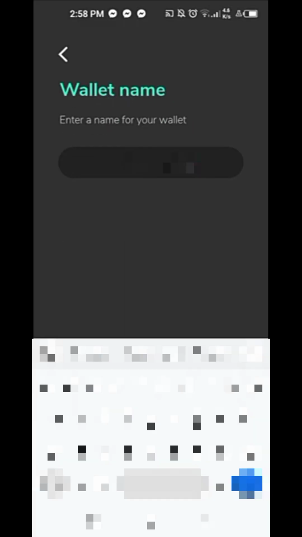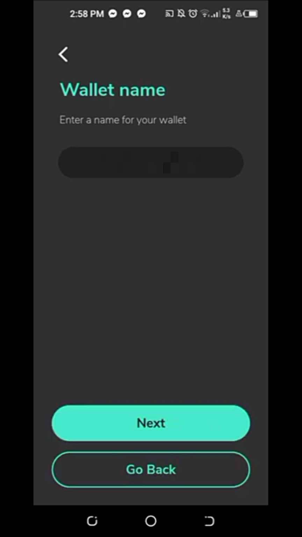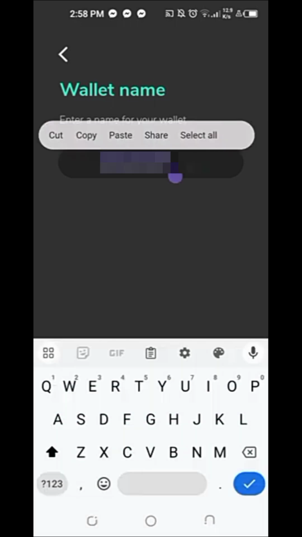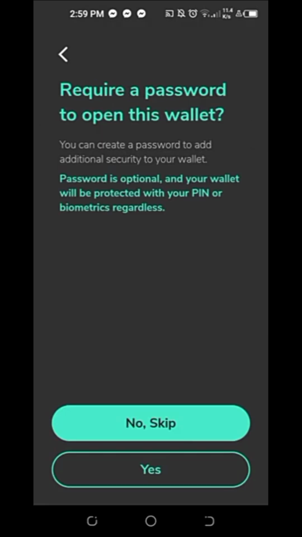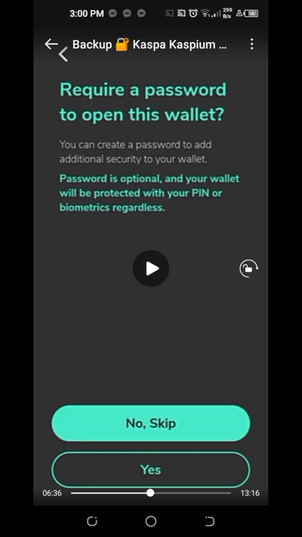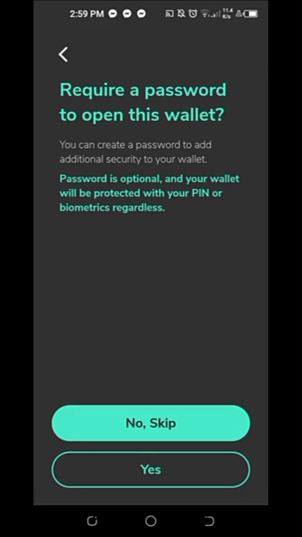Now on the next page, we'll just need to input or type in our preferred wallet name. Okay, and then click on next. Okay, on the next page, we have here require a password to open this wallet. You can create a password to add additional security to your wallet.